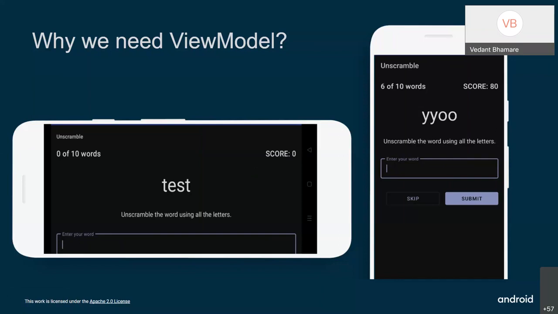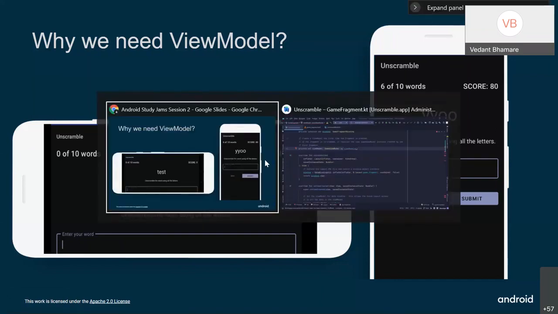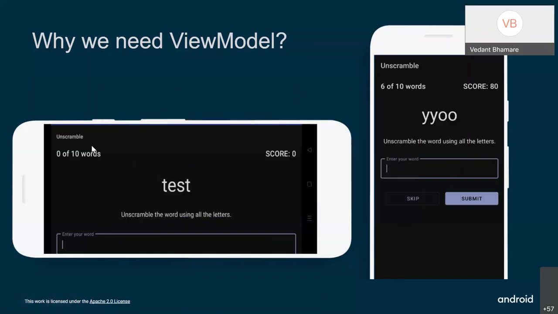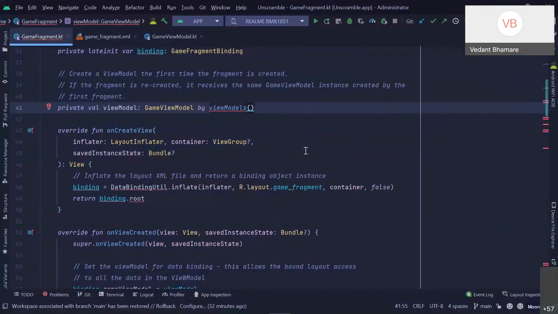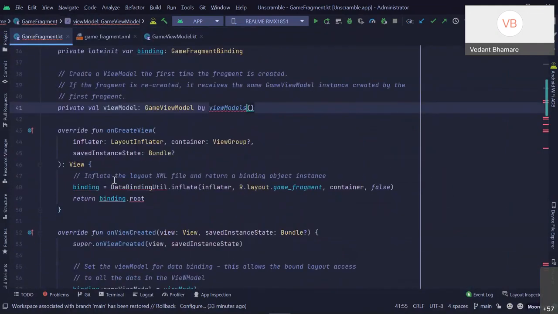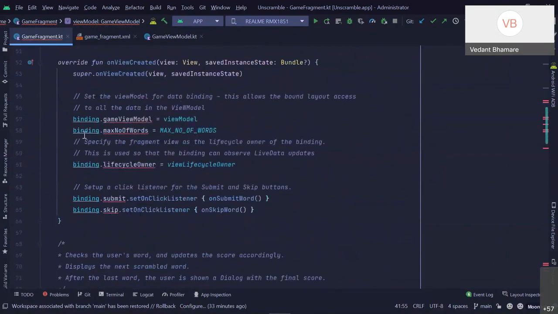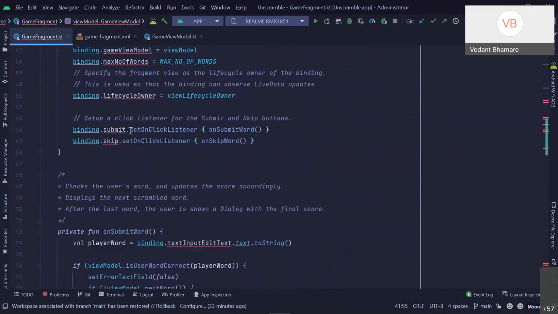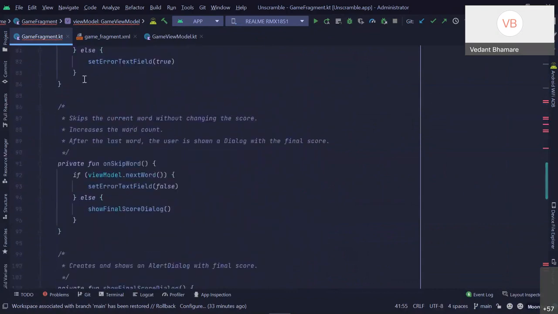So what view model basically is, like, whatever changes. So this is the UI code, right? So I'll just show you. So this is the app. You will be given it in your GitHub, like in your course content as well. So this is the fragment in which your code is there, related to this is your UI code. This is where you are assigning all the values to your UI content. So yeah, this is the UI content, and this is where view model comes in.